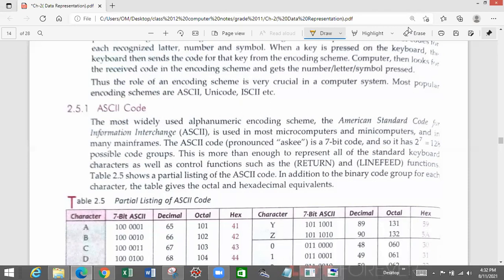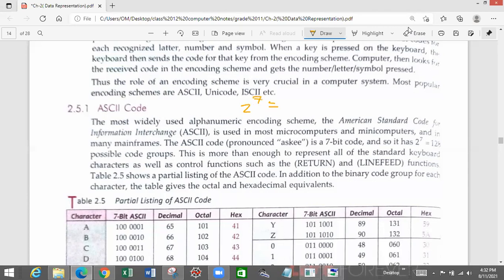Basically, this ASCII code is a 7-bit code. When you say 7-bit code, it means the maximum number of symbols that you can represent is 2 to the power of 7, which is 128. Now, you must be asking how I come to know that if 7 bits are used, there will be 2 to the power 7 numbers. Because you see, I am saying that ASCII is a 7-bit number: first bit, second bit, third bit, fourth bit, fifth, sixth, and seventh. These are the 7 bits of an ASCII number.